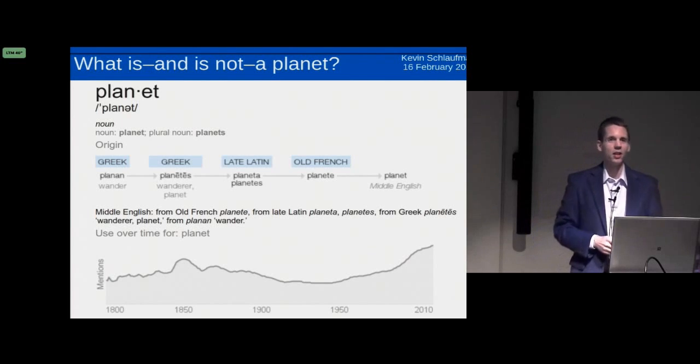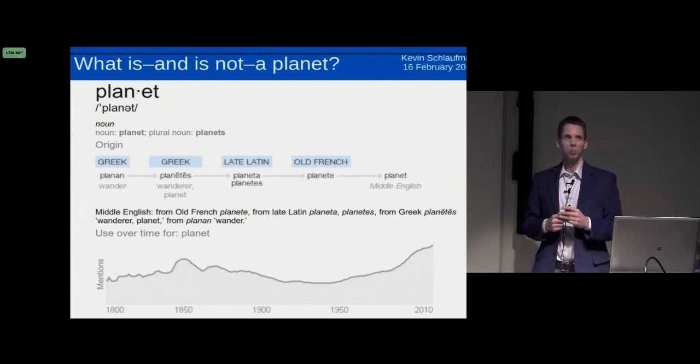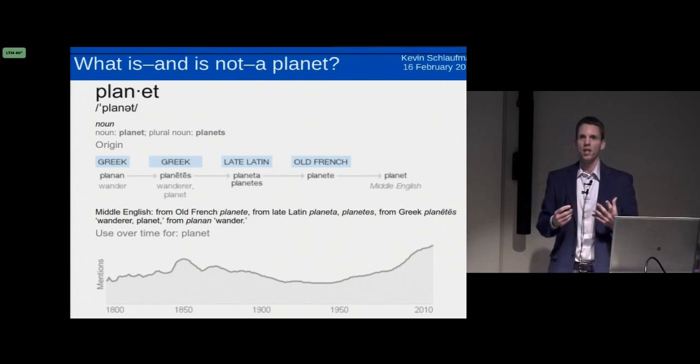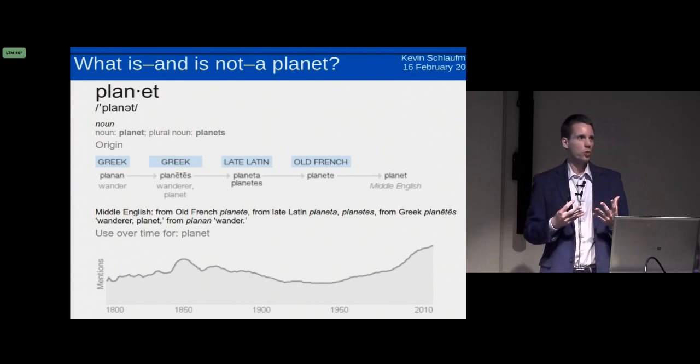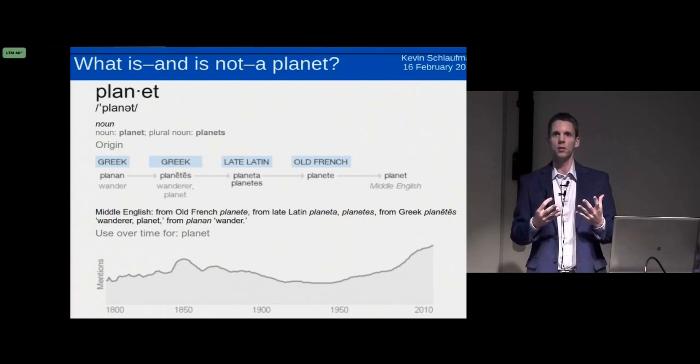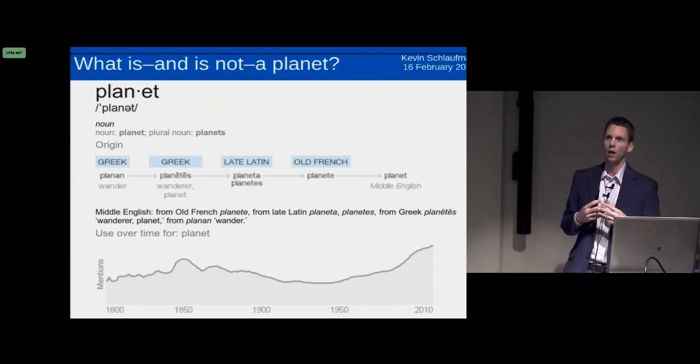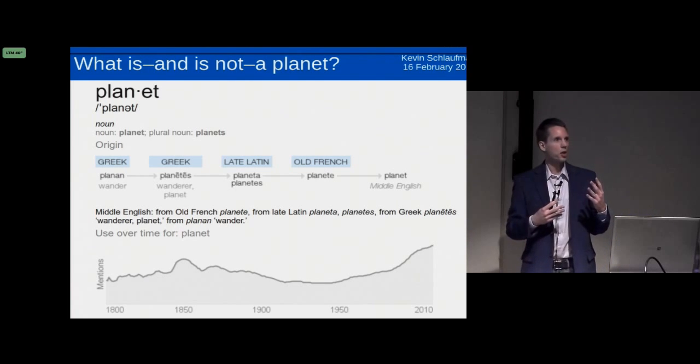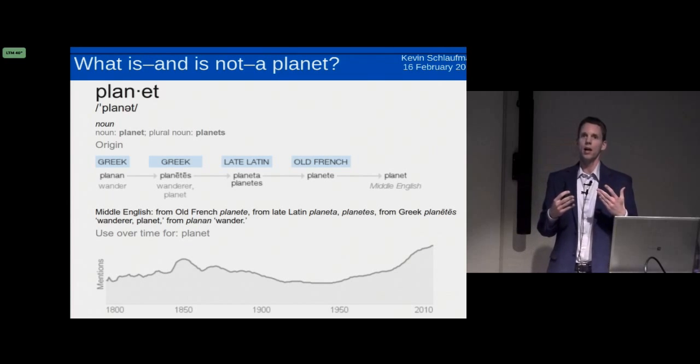So the title of my talk is What is and is not a planet? And at face value, that might seem very pedantic. After all, we're just talking about the definition of a few letters, a few words, not necessarily the intrinsic properties scientifically of this concept. But as I'll show, the concept of what is and is not a planet has led